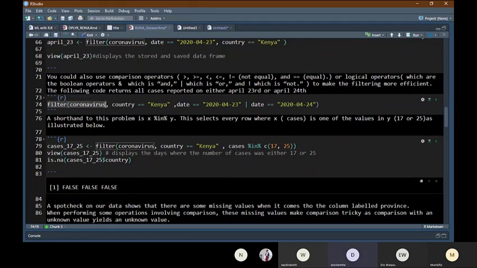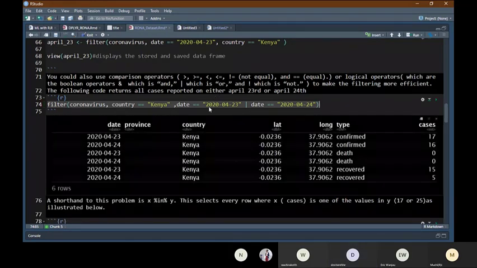We had the data set which we are going to be using. Yeah, we filtered by country, and the dates we actually had 2 dates, the 23rd and the 24th. The sign over here, this sign that I'm highlighting, is actually an OR sign. So the new data frame which we are getting are actually values which were gotten on the 23rd or the